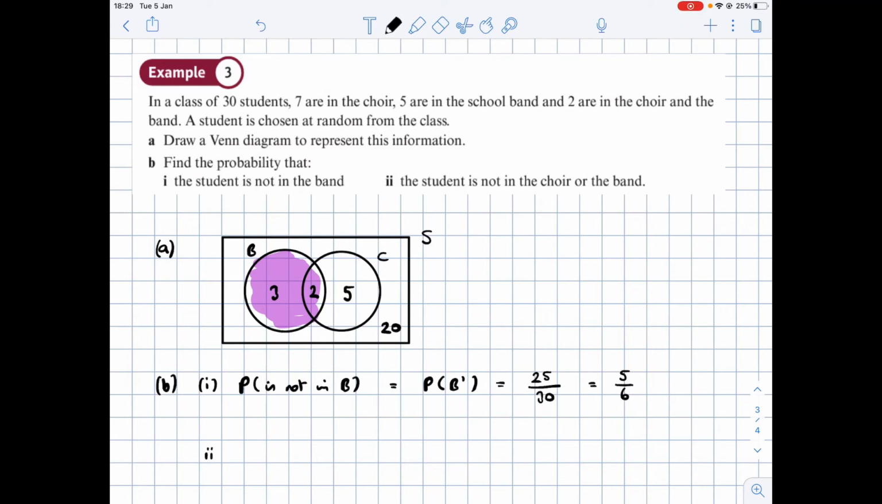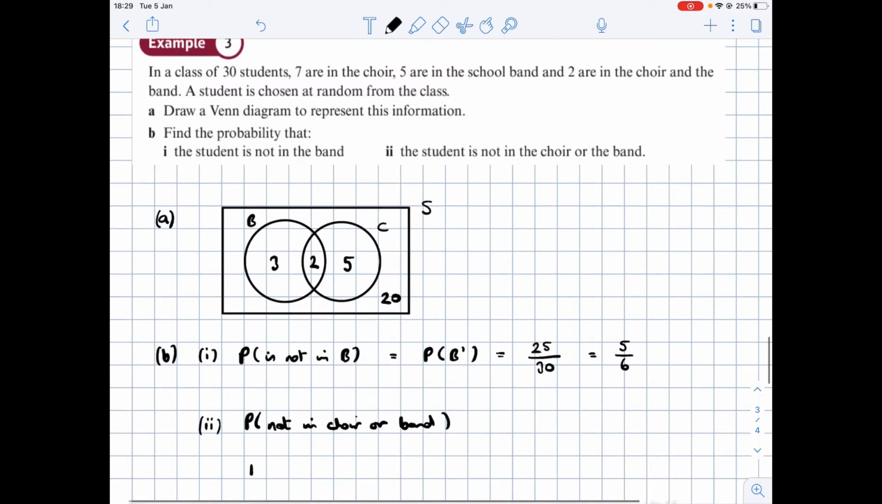For part 2 now. Here we want to find the probability that the student is not in the choir or the band. So you could write this out as a sentence: not in choir or band. And for those who like notation, let's look at the diagram first of all. So not in the choir